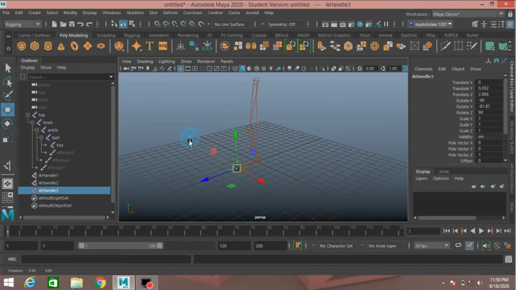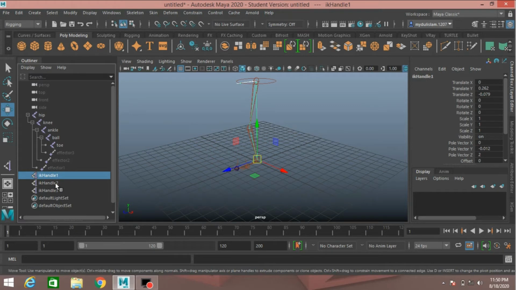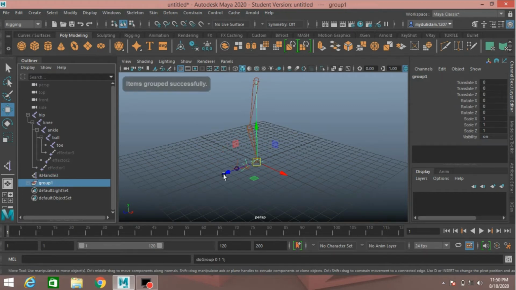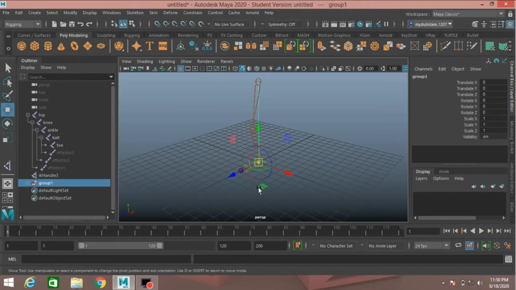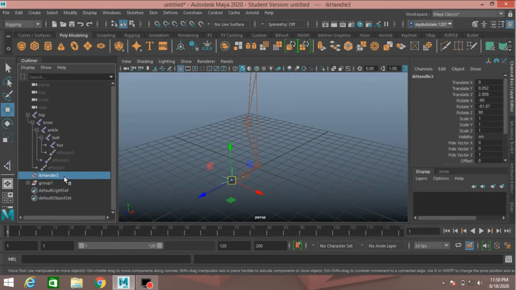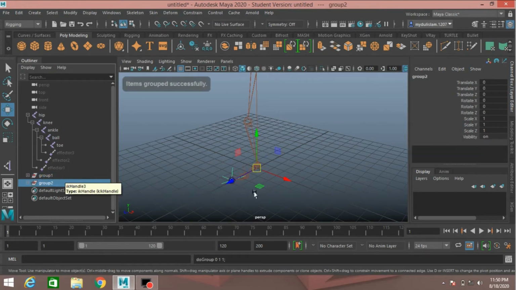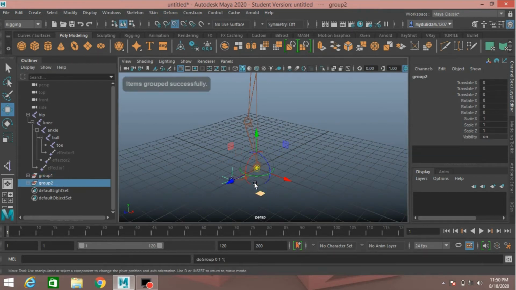Now select the first two IK handle, Ctrl plus G to group it, press D to edit pivot point and snap it to the ball joint, press D or insert key, select the third IK handle, Ctrl plus G, press D, press V to snap it to the ball joint,